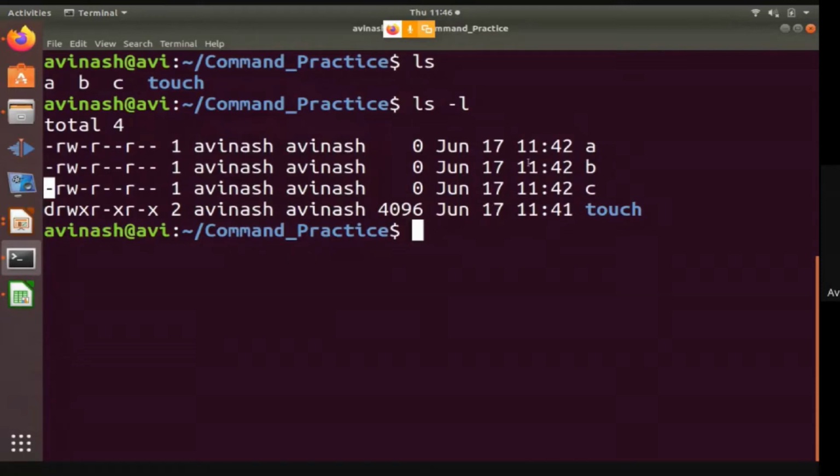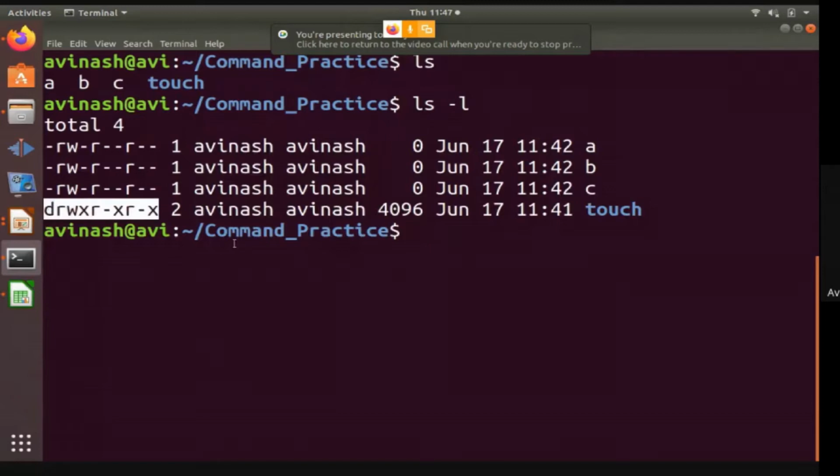This dash is for A, dash is for B, dash is for C, but D is for touch. So can you guess what D means here? Any guess?